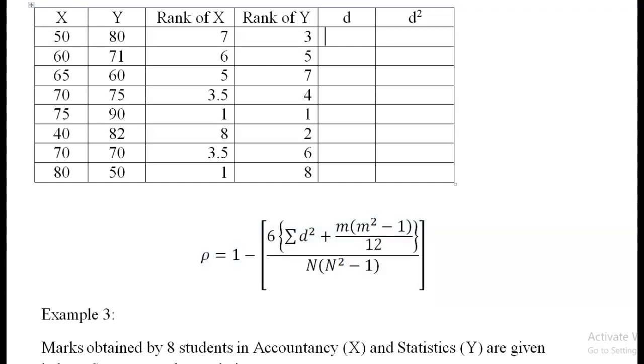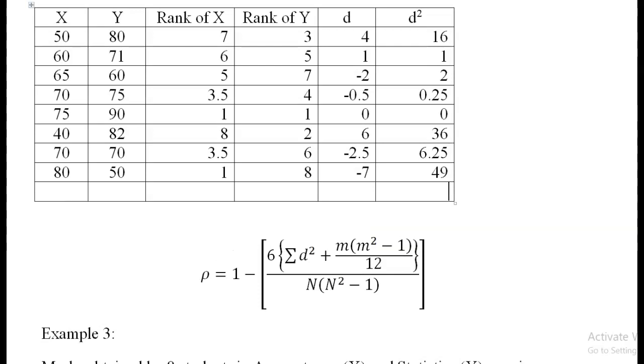So for that, first we have to find D. 7 minus 3 is 4, 6 minus 5, 1, then minus 0.5, so sorry, 5 minus 7 is minus 2, 1 minus 1, 0, 8 minus 2, 6, minus 2.5, then minus 7. Okay, by squaring this we may get 16, 1, 4, 0.25, 0, 36.25, 49, and the total of this is